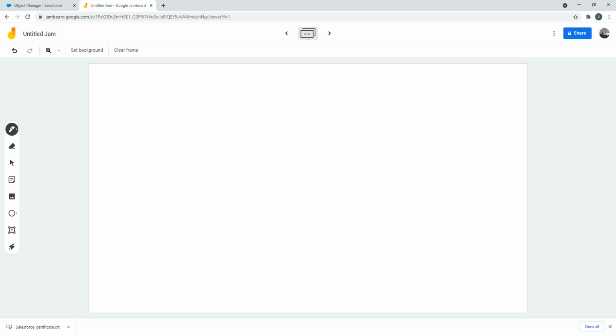Now, when it comes to Salesforce Identity, Salesforce Identity comes in different flavors. So when someone tells you, I want to work with Salesforce Identity,